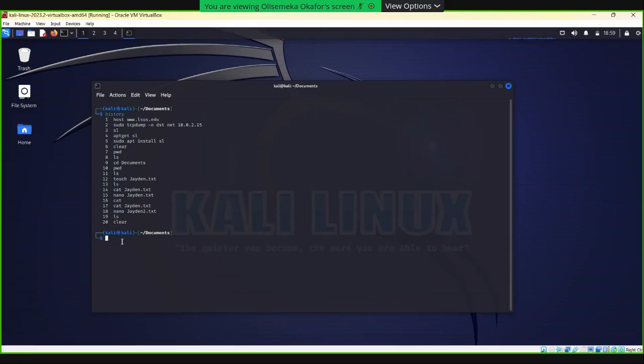That's our history. And if you want to run a command again, all you need to do is this. If you want to get a command from your history, you just type an exclamation mark and the number associated with that command and press enter, and then it would show up again, and then you can press enter and execute the command. Okay, so we have created two files.